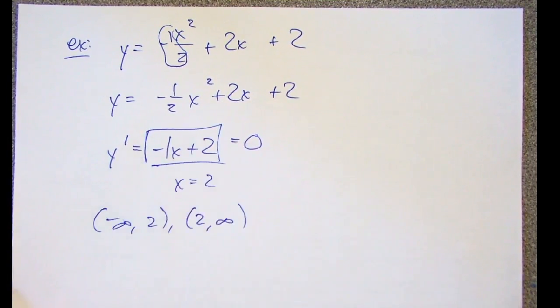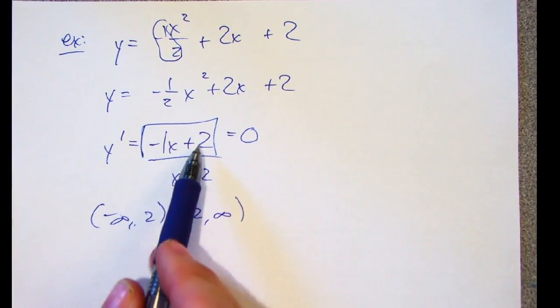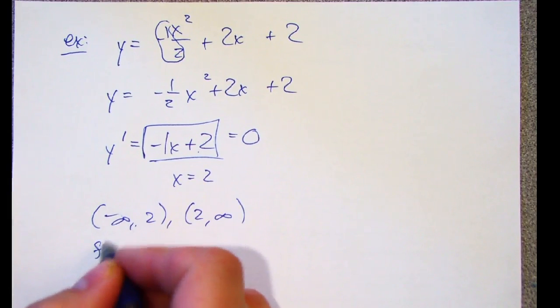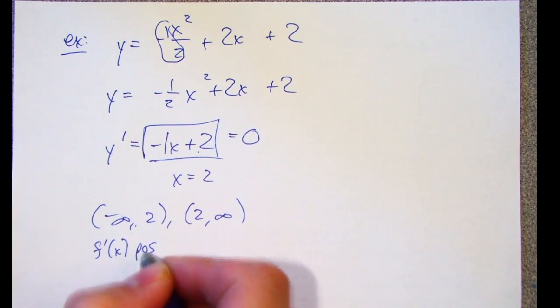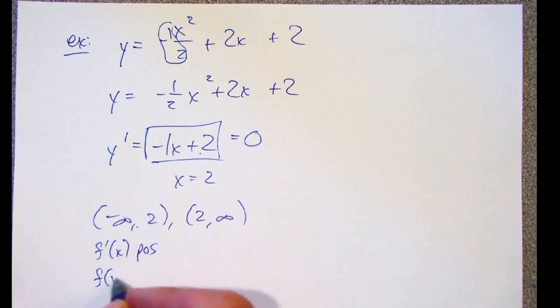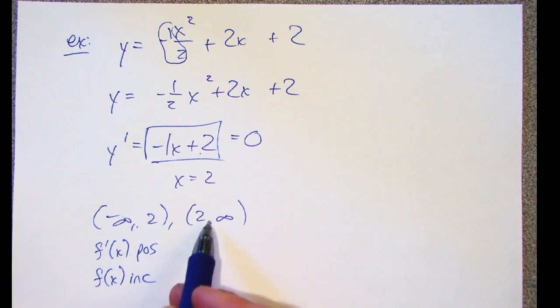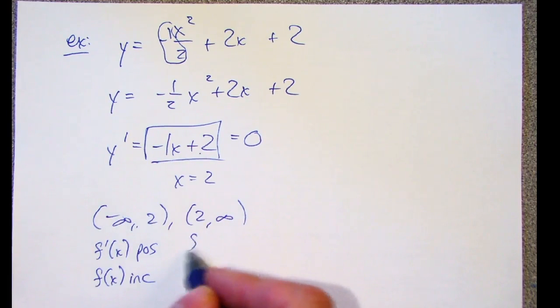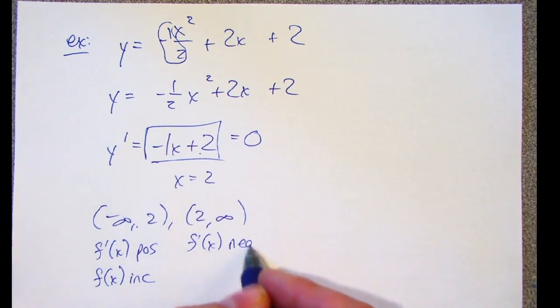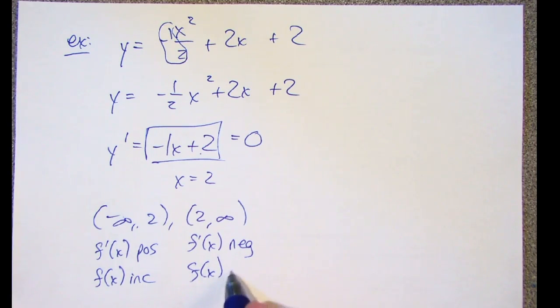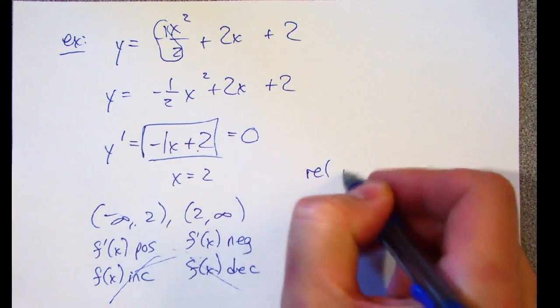We're plugging back into the derivative. If I plug in 0, I get a positive number, so the derivative is positive, which means f of x is increasing. If I plug in like 10, negative 10 plus 2, I get a negative number, which means the derivative is negative and the original graph is decreasing. So we went from inc to dec. That creates a relative max